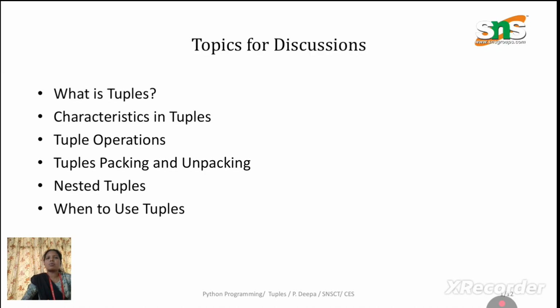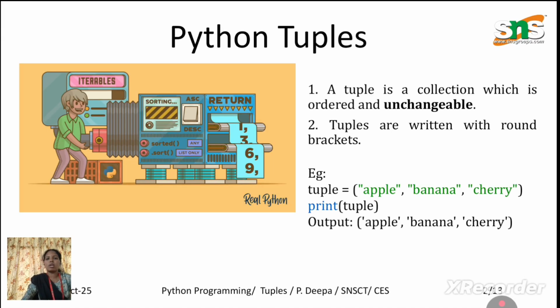So the list of topics to be discussed in the slides: What is a tuple? The characteristics, operators, packing and unpacking, nested tuples, and why we use tuples. Python tuples are an unchangeable, ordered collection of elements. It is immutable; modification, deletion, or addition cannot be done. Only what we write in the program will come into the output. We cannot modify it ever. In Python, the examples are written only in round